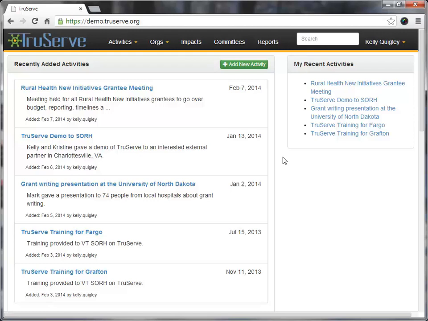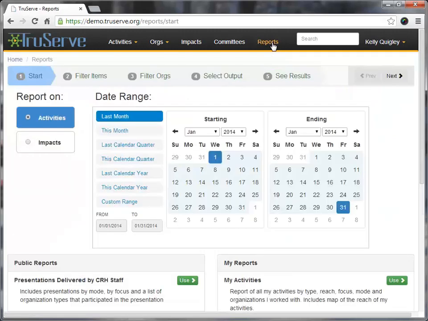Creating a report in TruServe is now even simpler. Click on Reports, and you'll be guided through an easy step-by-step process. Begin by choosing whether you're going to report on activities or impacts. Select your date range using the date picker or a custom range, and each organization can determine which ranges make